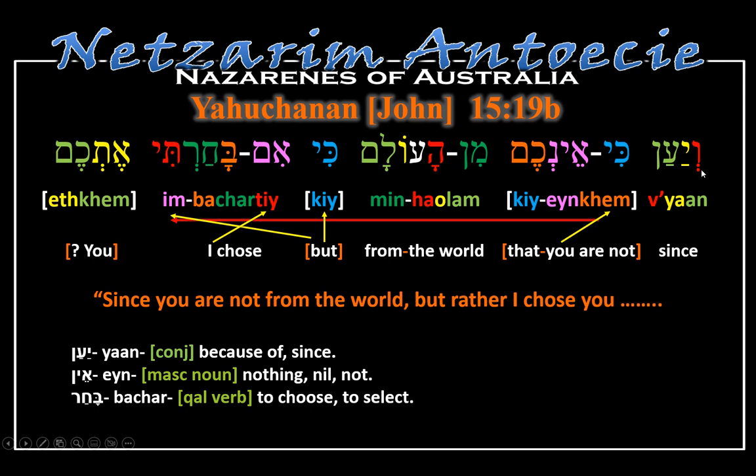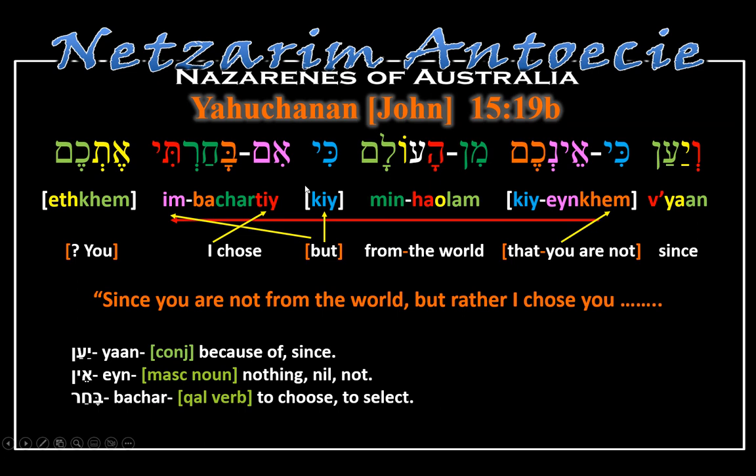Now let's read it. The ya'an. Now in this case, ya'an is the root of the word. So ya'an as a conjunction means because of, since. So we'll take it as since, ki, which is that, ein, kem. Now ein, if we look down there, it means nothing, nil, not. And then the kem is you, but in plural form, right? That you are not, since that you are not, min from,